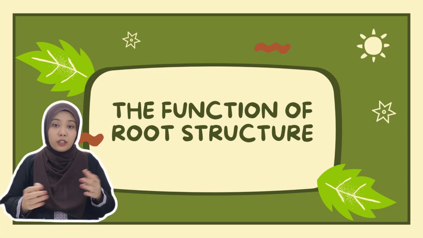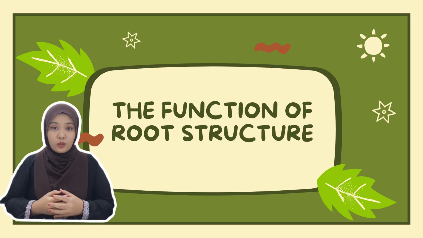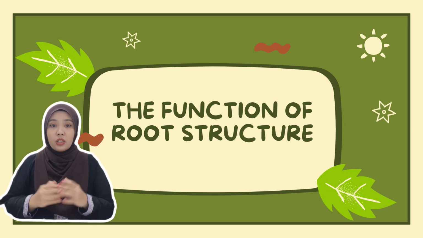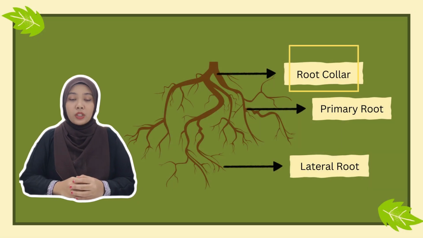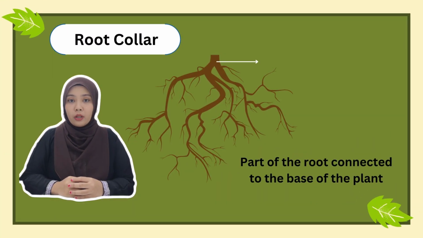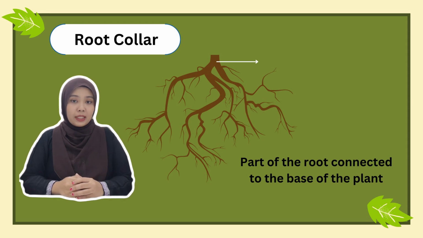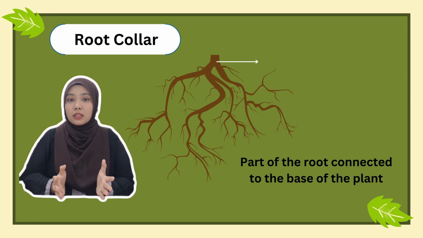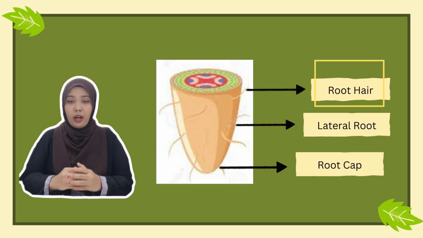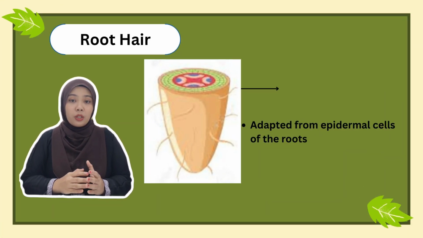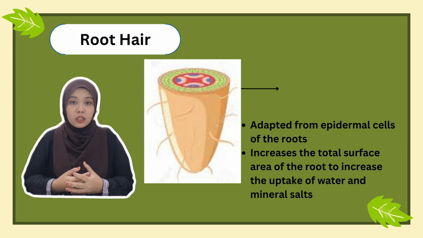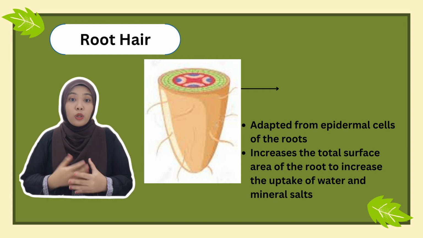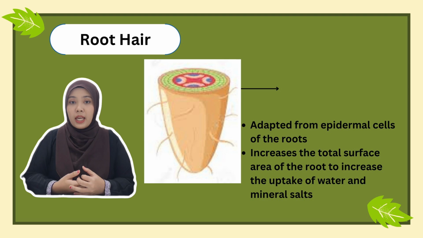After learning the names of the structures, students also need to know the function of each structure. Firstly, the root collar. The root collar is the part of the root connected to the base of the plant stem. Next, the root hairs. Root hairs are adaptations of the epidermal cells of the roots. Root hairs also increase the total surface area of the roots to increase the uptake of water and mineral